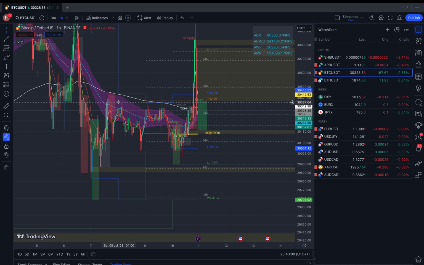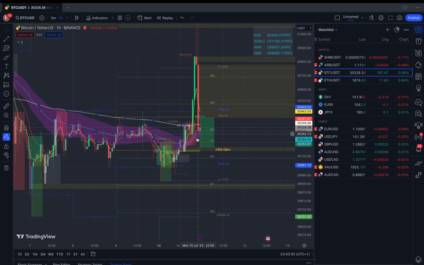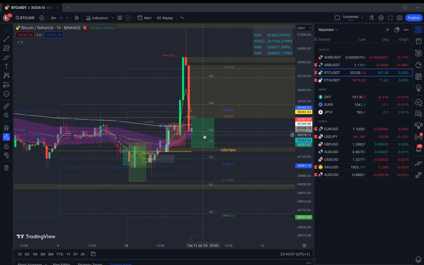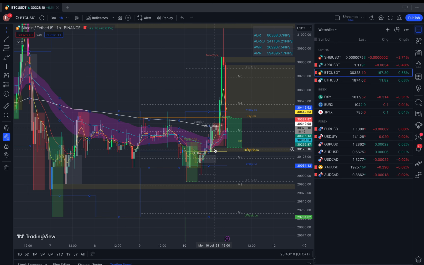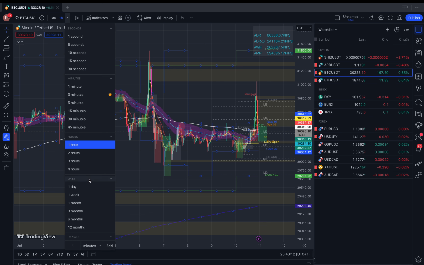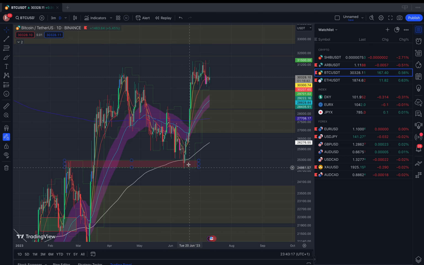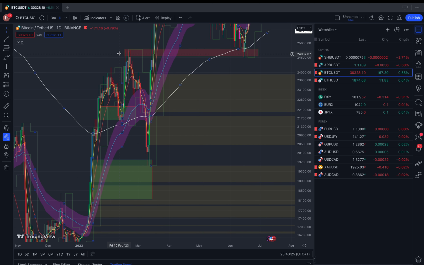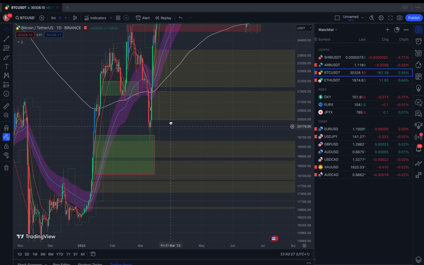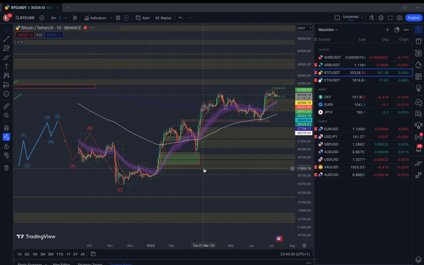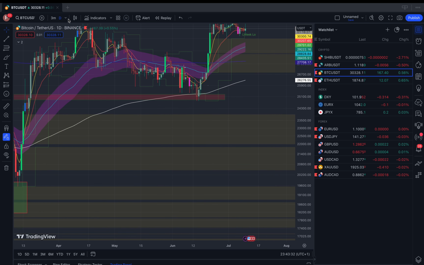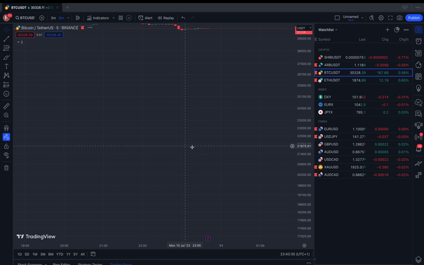If you're a scalper, you could have kept scalping all these rejections here. And now at the moment it's just sort of wedged in between here, so it's not great for ranging markets like that. It's a bit uncertain, but even on daily time frames, they're great. Look at that. Although that was sort of a bounce from there, if you entered long here, that would have been a great long. Same with here, could have gone long. Would have lost here. It's a bit wacky there, but I use them a lot for my take profits. That's where I use them the most.